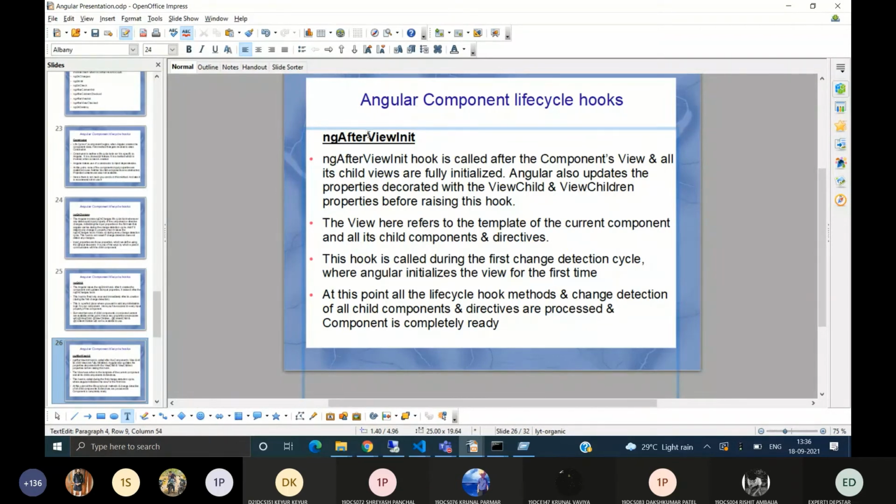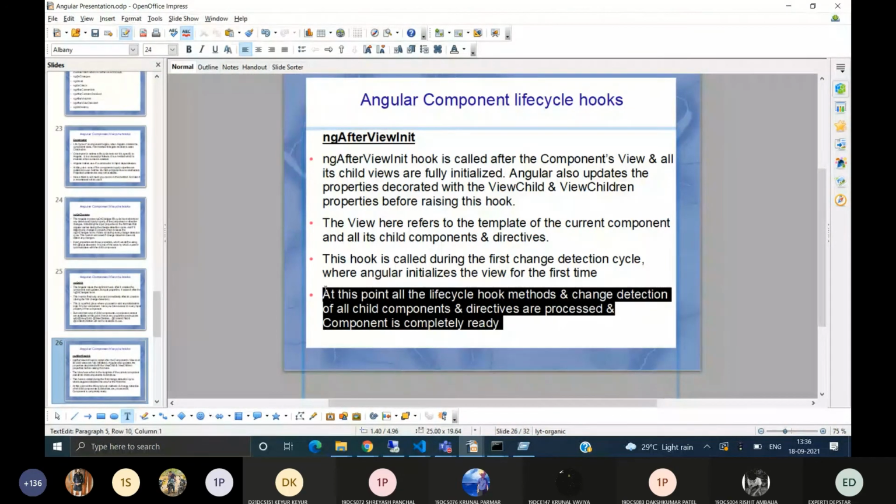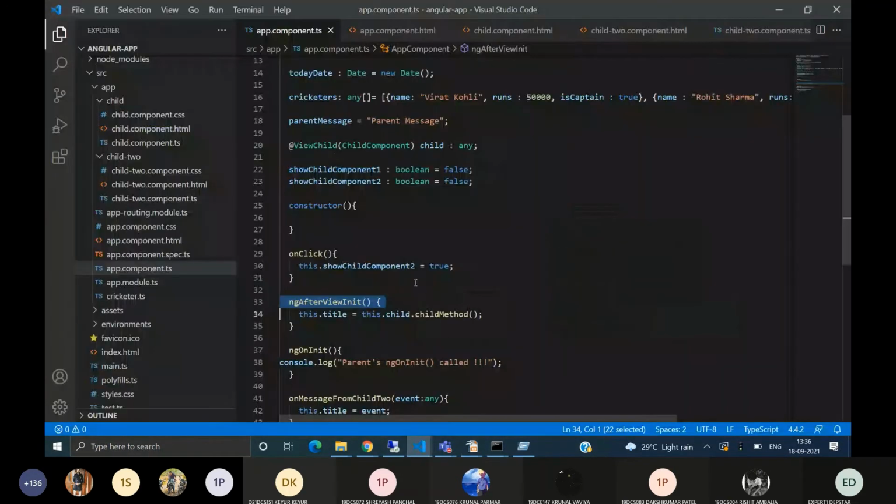This also happens only once. At this point, all the lifecycle hook methods and change detection of all child components and directives are processed, and the component is completely ready. So when we are fetching any data from the child, it is recommended that we use the logic inside ngAfterViewInit to fetch data from the child.